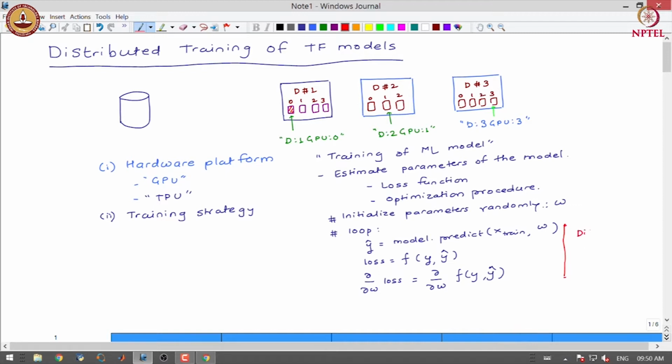These three steps are distributed, and finally, we update the parameter value based on the gradient, and we use some learning rate.